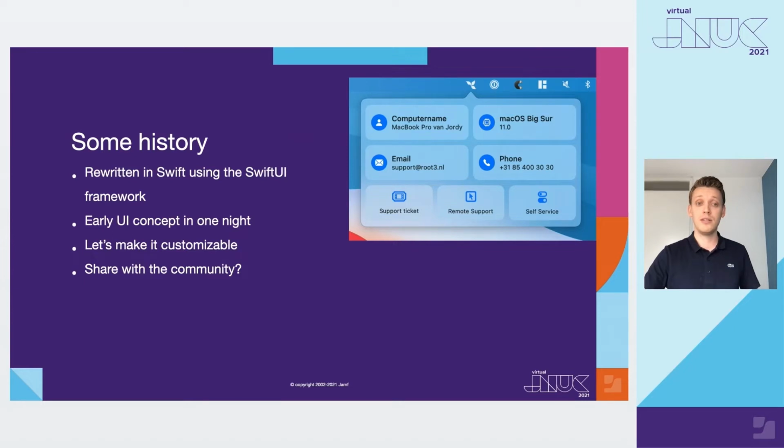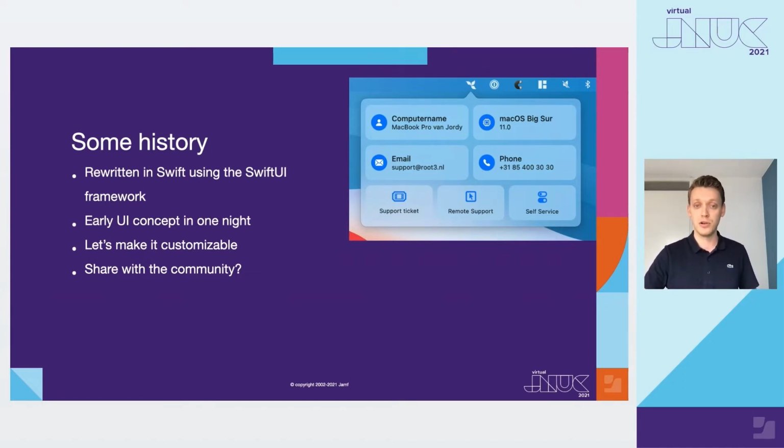So without ever having written a complete application, we gave it a shot and started developing with Apple's new SwiftUI framework exclusively in Swift. By following a couple of tutorials on menu bar apps in SwiftUI, I was able to design a concept during one lonely night in June 2020. It proved we could potentially rewrite it, and it gave a lot of confidence to achieve our undefined goals at that point. During the process, we weren't even thinking about making it generic.